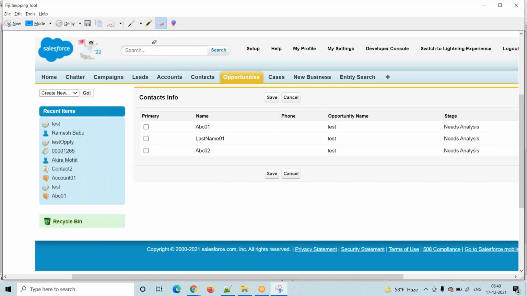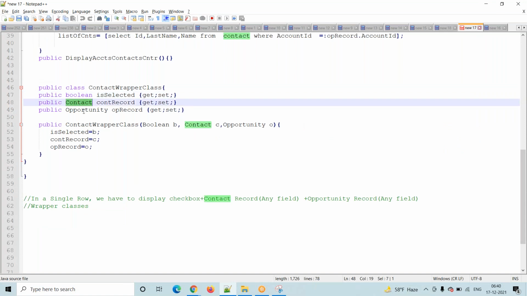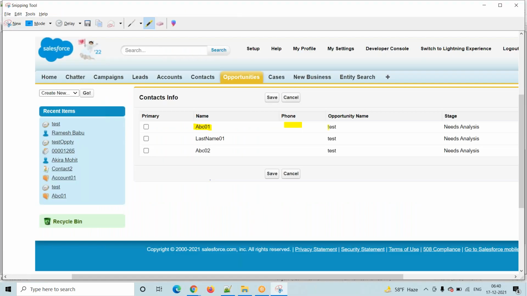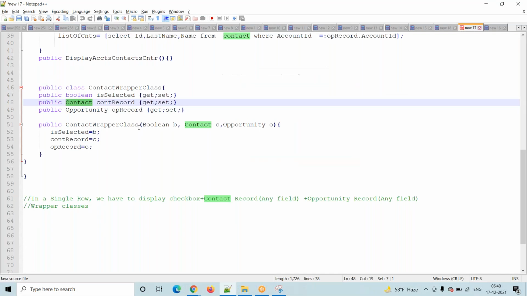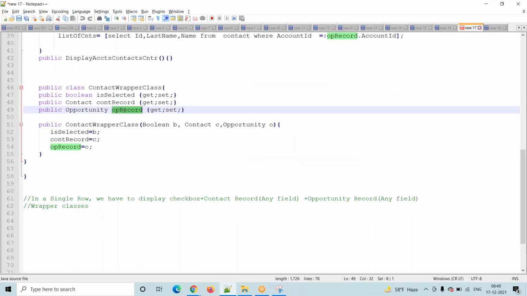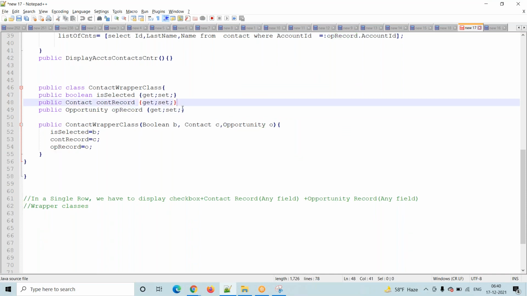Then the next one is which record information we have to display. Contact name, contact phone, right? That's why here I am taking a contact record. I am declaring one variable, and that variable's data type is Contact. Here we are declaring one more record information, the opportunity record information. We declare a variable and the data type is the Opportunity object.